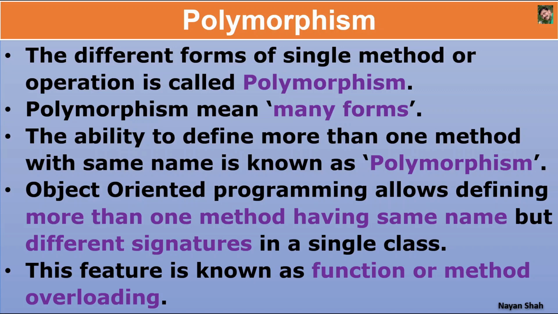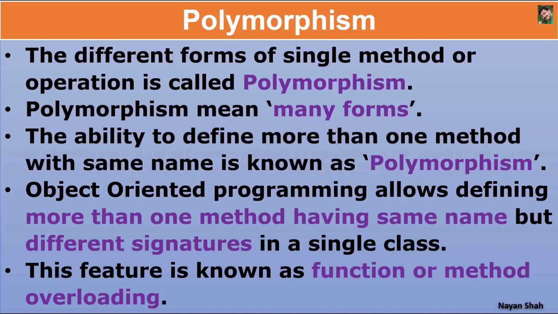Generally, this is not allowed in every programming language, but object-oriented programming allows you to create more than one method with exactly the same name. And this capacity or facility of object-oriented programming, which allows the user to define more than one method with the same name, is known as polymorphism. Object-oriented programming allows defining more than one method having the same name, but as you know,